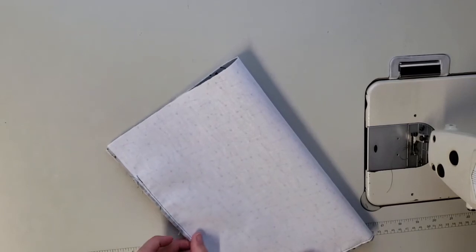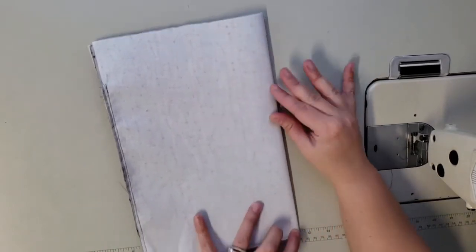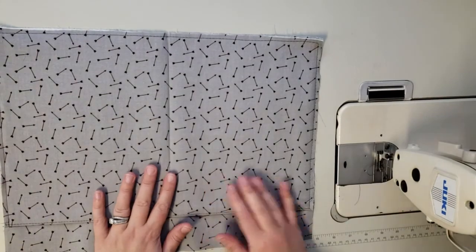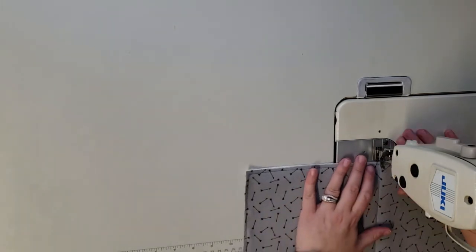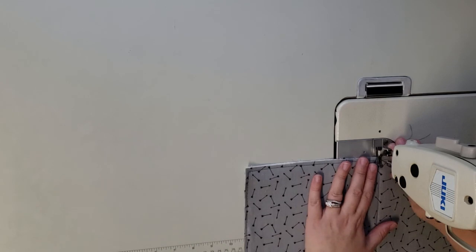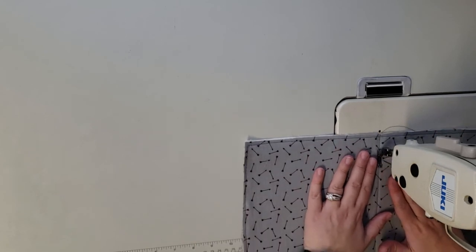So I'm going to press this in half. I'm going to go to the ironing board and do that to get a nice crease and top stitch along that crease. Okay, I pressed down the center to create a crease, and now I'm going to sew directly along that crease line. And I put my sewing machine on a stitch length of 3 for this,